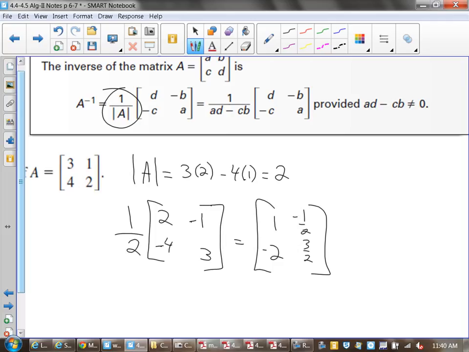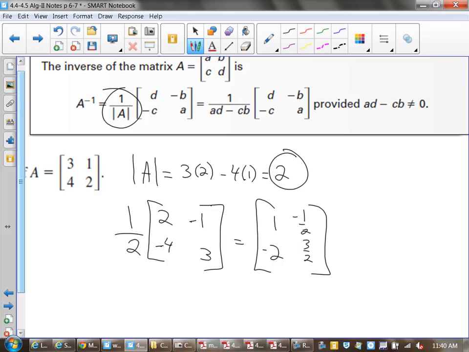Because you take the determinant and put 1 over the determinant. You were getting these weird setups when you were multiplying it in distributively. So where did the half come from? You take the determinant of the original, and it's 1 over the determinant times the flipped around matrix. But if you do a couple of them, it's really easy. Okay? So we're trying to find